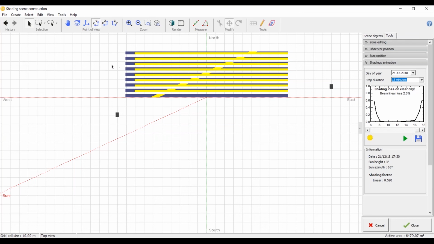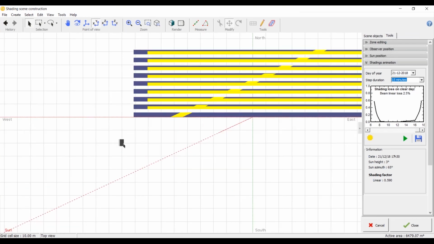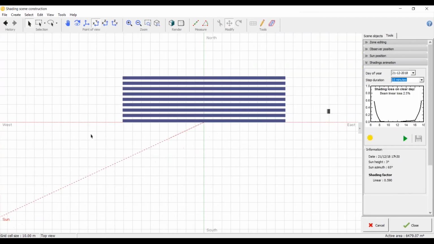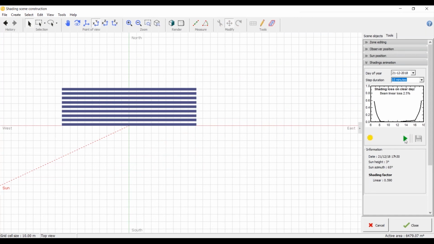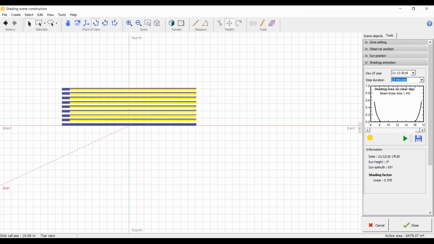But we also need to realize that these modules are all placed in rows of modules. So obviously the very first row is going to shade the second one, and the second is going to shade the third, and things like that. So 2.5 with the wind turbines, and even if we remove the wind turbines, we would still have a little bit of shading loss. So we have 1.4. So the wind turbines are responsible for 1.1% of the shading loss, and just the inter-row